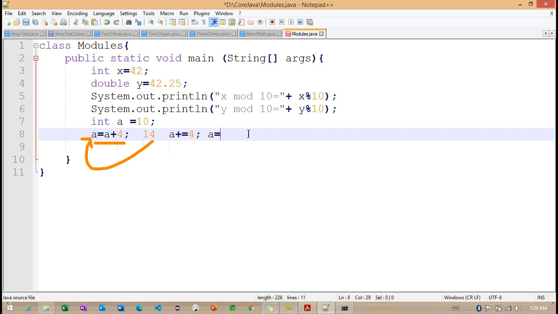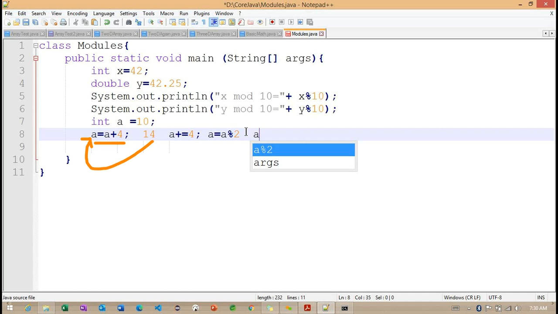So a is equals to... this is the initial operator we are going to equals to 2, the modular operator of 2 here. So what is the result we are getting based on this particular variable? I'm going with the compound assignment operator here. How are we trying to define it here?